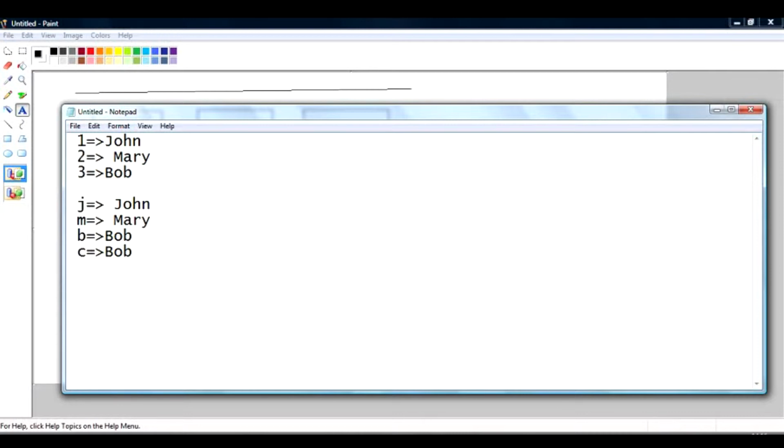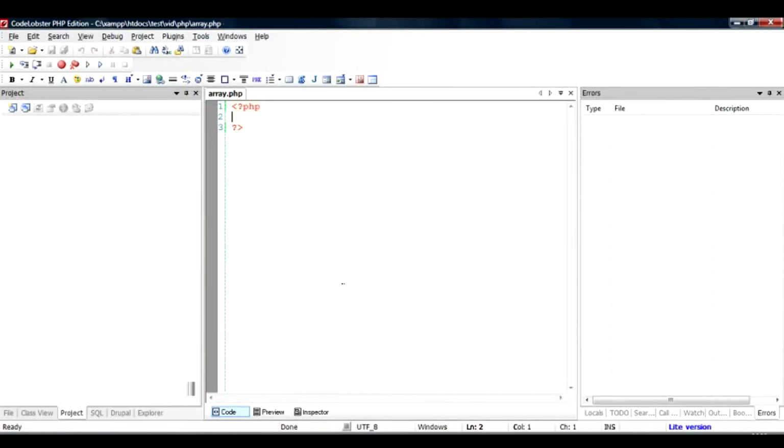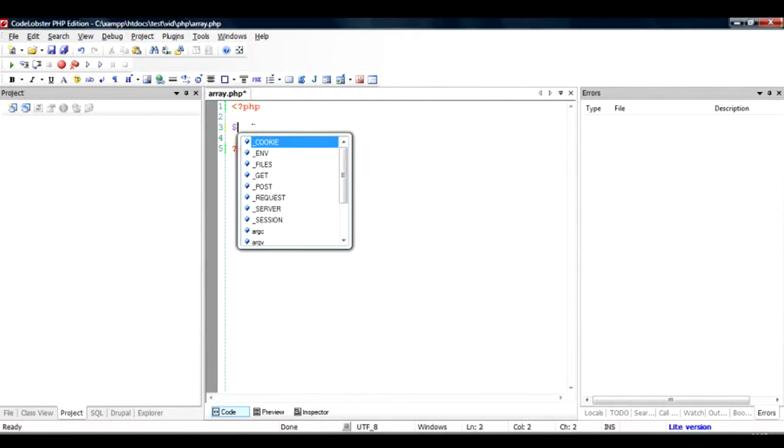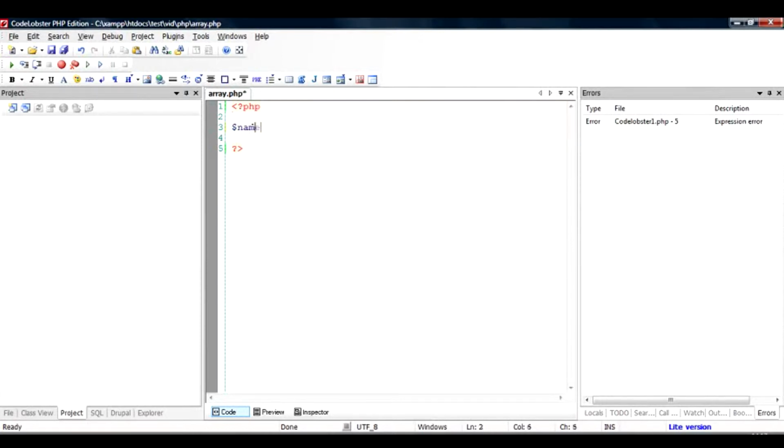In PHP, to denote the array, it's very simple to do. Just go to the PHP file, any PHP file, open in your favorite editor. In PHP, to depict an array, all you need to do is use a dollar sign, which indicates a variable, and then a variable name, for example, $name_array.